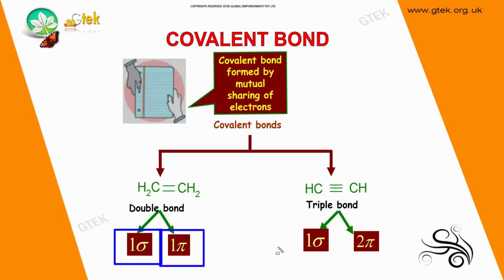So, the difference between sigma and pi bond. As I told, the sigma bond will form on ss, sp or pp or any hybrid orbital, whereas the pi bond will happen in unhybridized p orbitals. The first bond between any two atoms is always sigma. The rest are pi bonds. The sigma bond is in the plane of the molecule; the pi bond is perpendicular to the plane of the molecule. The sigma bond is really stronger when compared to the pi bond. The pi bond is weaker than the sigma bond.